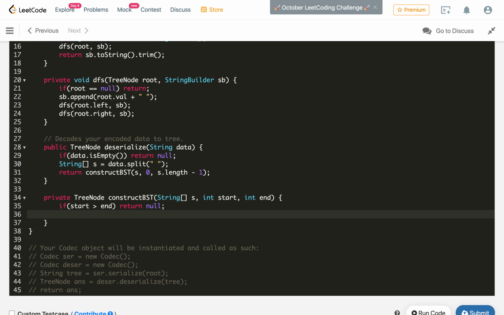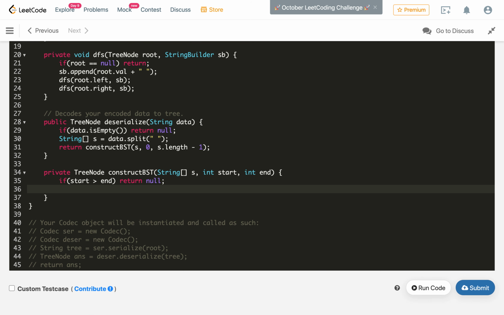Otherwise, as we know from the preorder traversal, the node at start is always the root of that tree or subtree. So root is equal to new TreeNode. Now as this array data is string while we need the integer value, we will parse it: Integer dot parseInt of s of start.